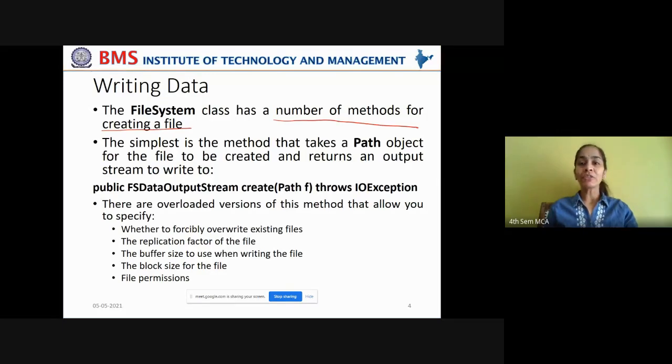Lots of variations or lots of functionalities or lots of versions of writing data to a file may exist. The file system class has a number of methods for creating files in different ways. The simplest is the method that takes a path object, the path to the file to be created, as a parameter